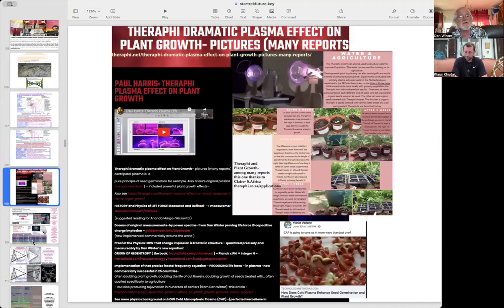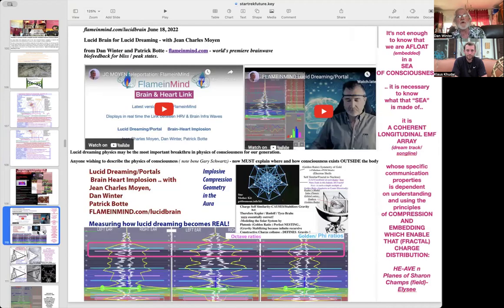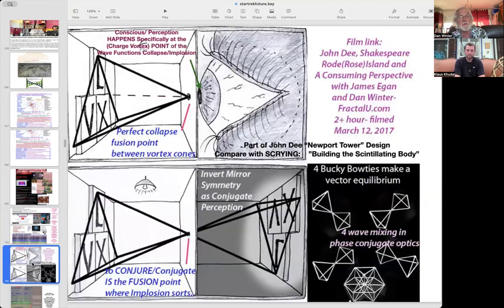So there's a whole section of our Therify website talking about how the longitudinal wave that results causes fertility, but it also causes peak perception. And here is Jean-Charles Moyen, we just talked about. Here is the golden ratio and octave cascade from alpha in green to gamma up top. And that cascade is the squirt gun pine cone that enabled him. Then he felt one eye saw where he was going from and the other eye saw where he was going to, and he would bilocate, teleport repeatedly with witnesses and return with sand between his toes.